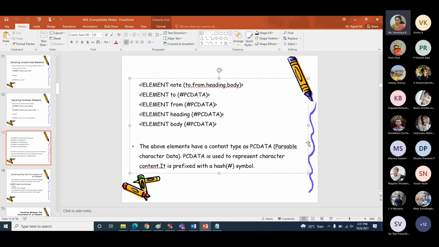Type it and save it. While saving, the name of the file should be given in double quotes: first.dtd in double quotes. It by default selects a location; choose the same location and don't change it. Try doing that part first. So first create the DTD.